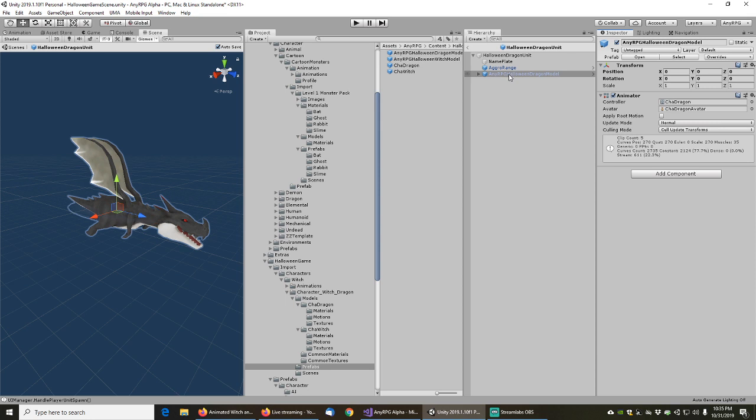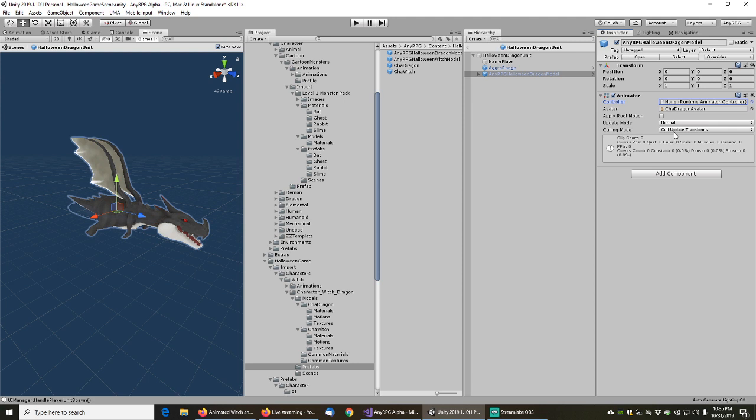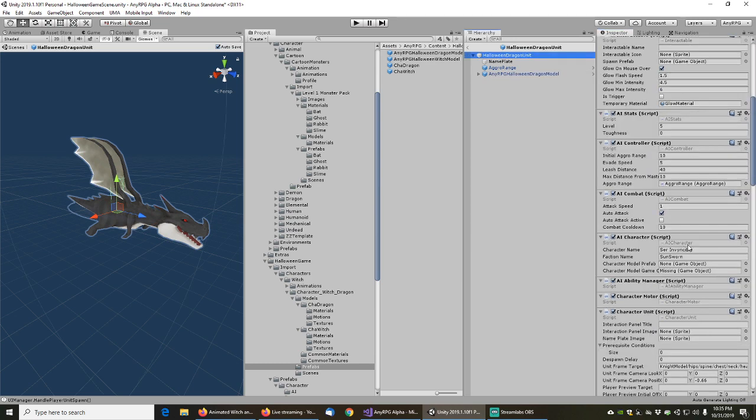Halloween Dragon Model goes in there, and we need to set the controller to none, and then add the character animation event receiver, and then pull his character unit in there. Go back to the Halloween Dragon unit, and character name, let's call him Draco, and the faction name is going to be